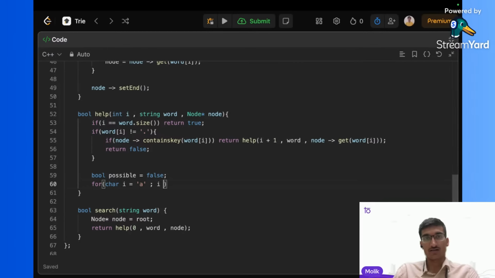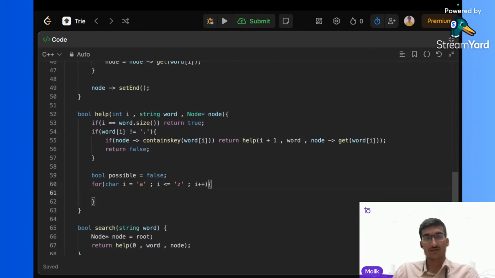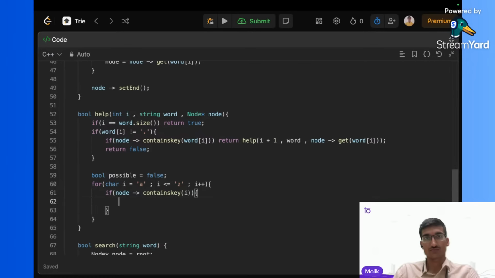For character I equal to a, I less than equal to z, and I plus plus. Now you check for every character, right? Because dot can match with every character. Now we do or, right? Because if any one possibility is true, we need to return true, right? So if any one of the possibility is true, then it's good for us. So we do or